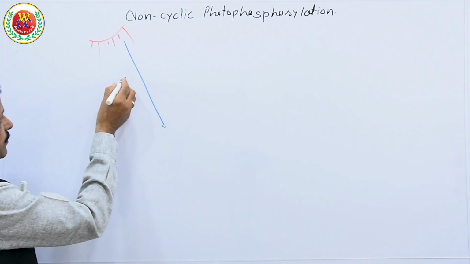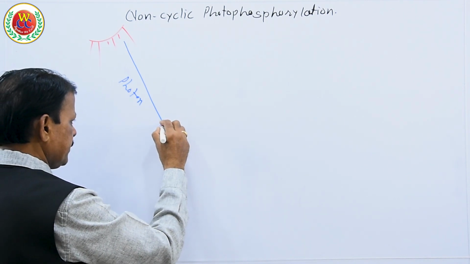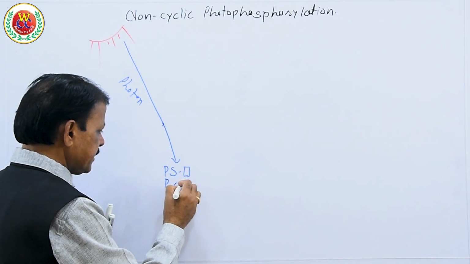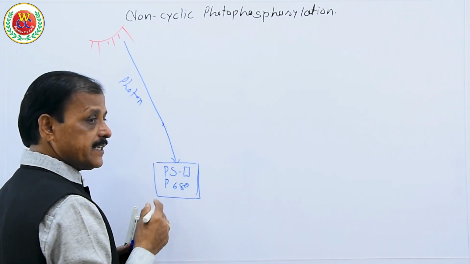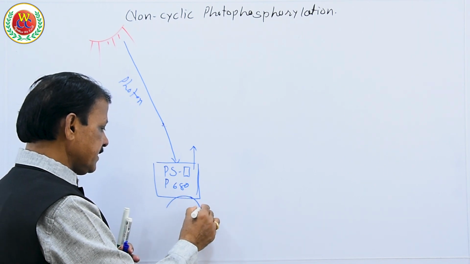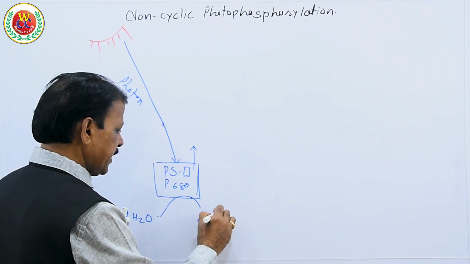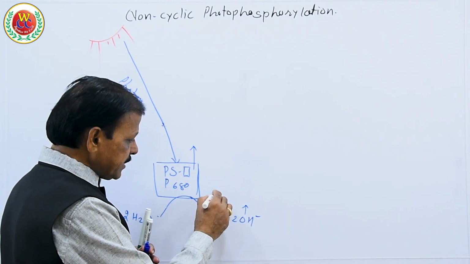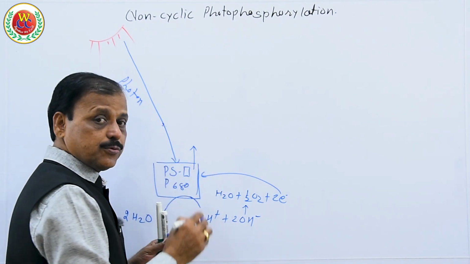Light is absorbed in the form of photon by pigment system 2, PS2, which is P680, that is, light absorbed with the wavelength 680 nanometer, and it gets excited to release the electron. That electron released by P680 is replaced by the photolysis of water. Water gets photolyzed into hydrogen and hydroxyl ion. Further, this hydroxyl ion gets split into H2O plus O2 plus 2 electrons,